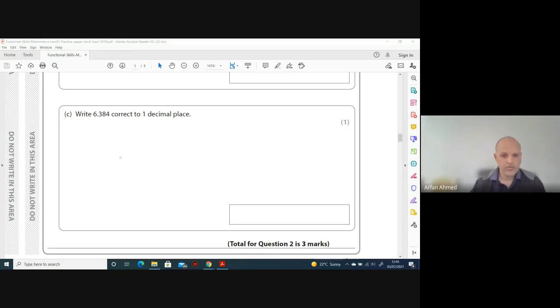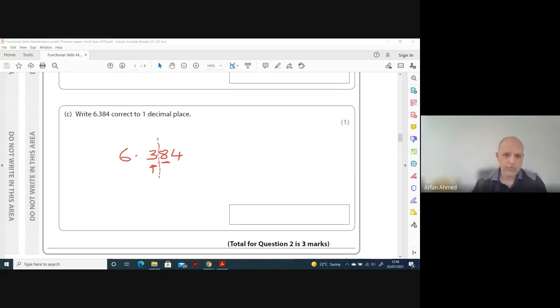So I always like to write the number down first, 6.384, the number that they're talking about. There's your decimal point right there. So this must be your first decimal place. I like to draw a dotted line there. And that tells me that straight after the dotted line, this number here is going to decide what happens to